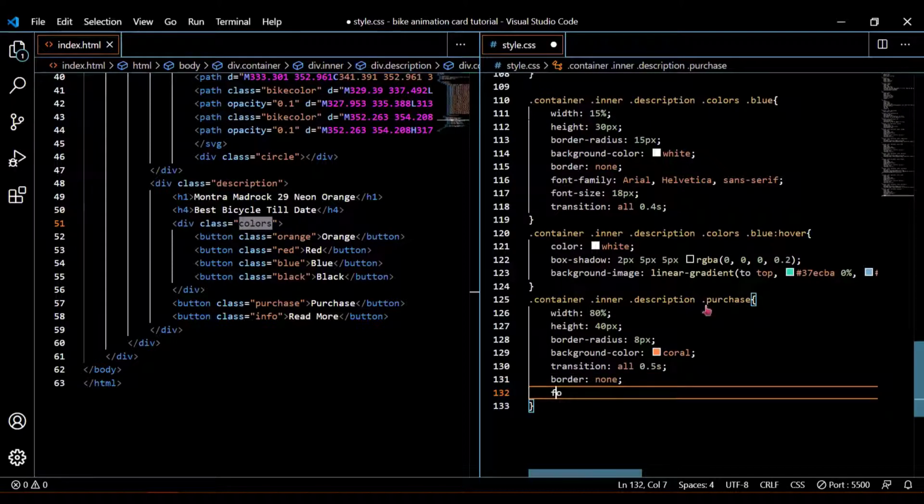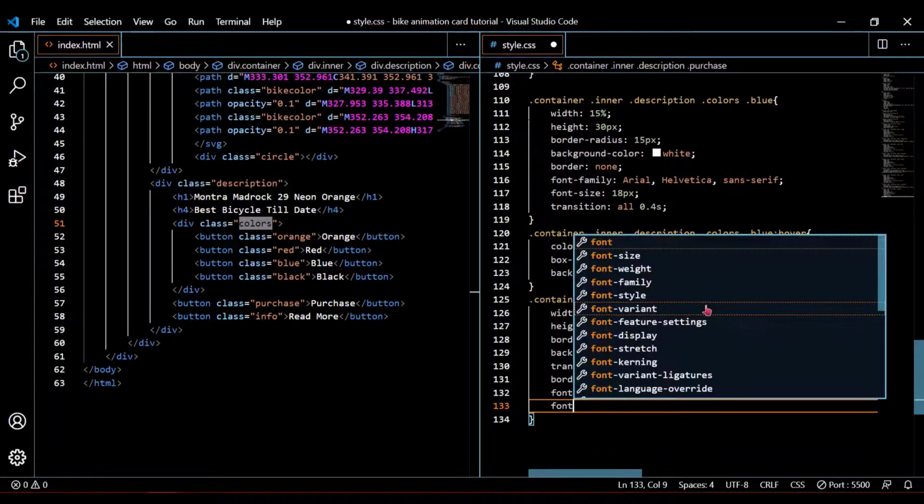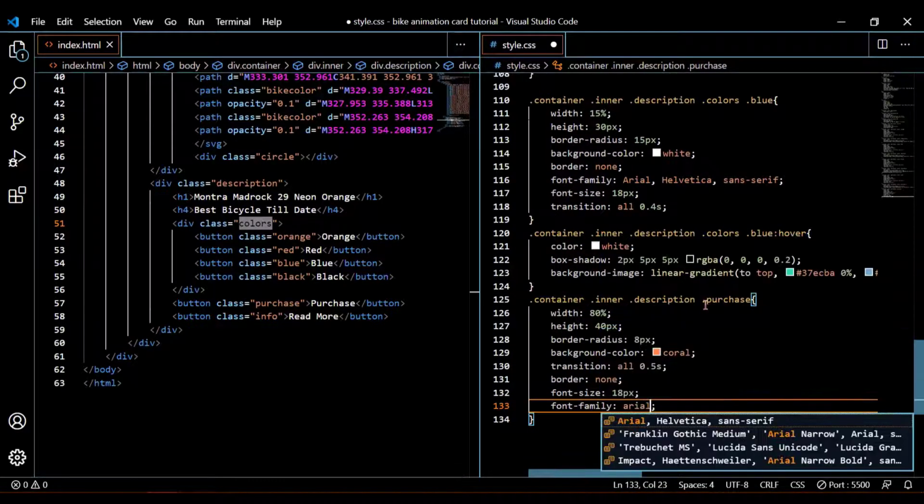And there should be a font size of 18 pixel and font family of Arial,